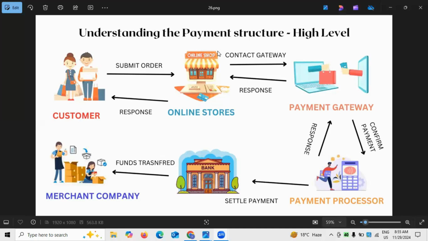This is one way. Second, the credit card scheme. What is a credit card? Based upon your credit history, they will give you a credit limit. For example, that card value is 3 lakh. Up to 3 lakhs you can buy, but make sure you have to repay it. That is called a credit card. That is the second option.